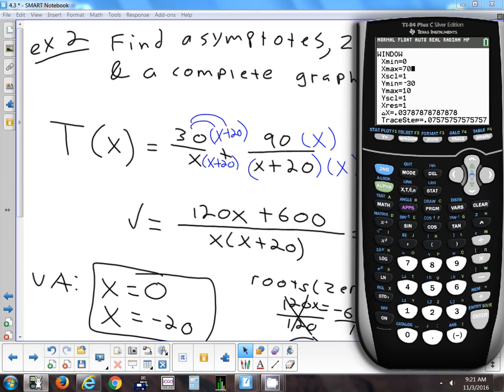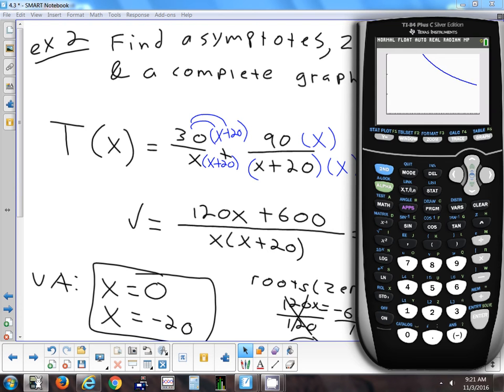How about minimum for the time? You can't go backwards in time, so 0, unless you're Marty McFly. And this is time in hours. She's only going 120 miles, so it's really not going to take that long unless she's going very slow. So we'll just say 3 hours to go 120 miles. So if we graph it,